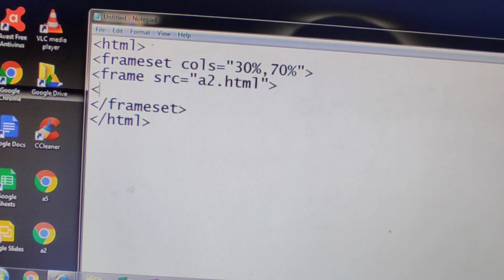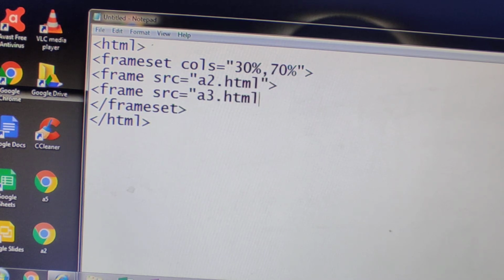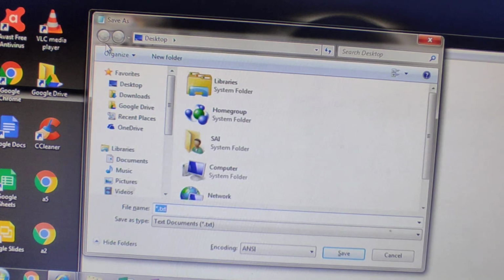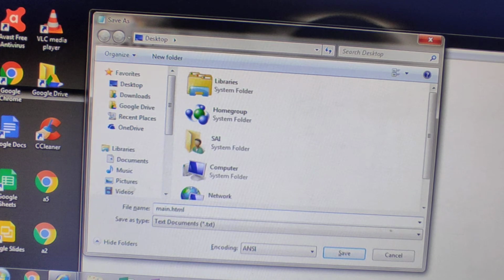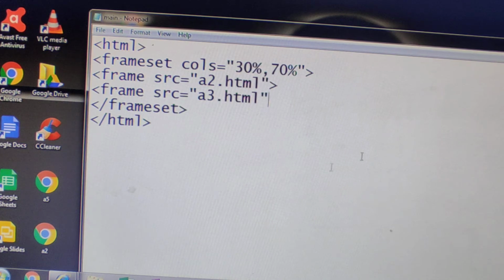Now frame src equals, what is the next file? a3.html. Save this. Here I am giving this file name as main. You can give any name. Here I am giving main.html, and it should be All Files. Save this.